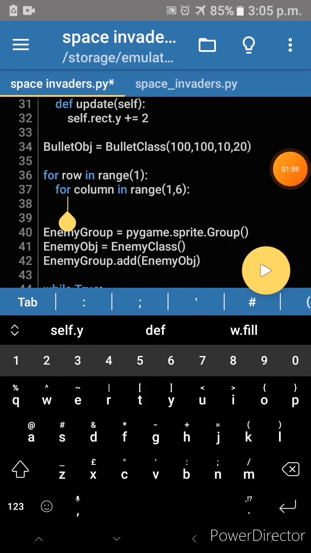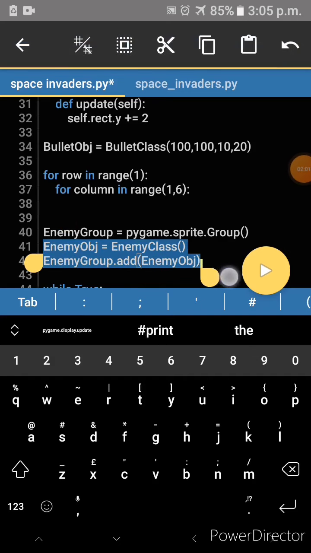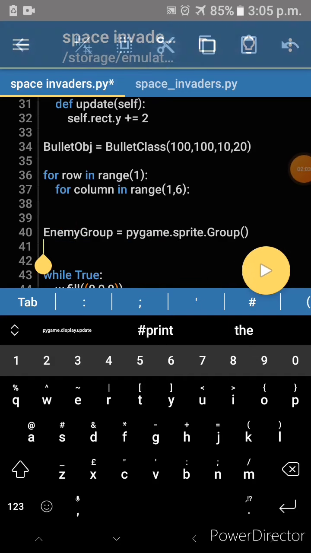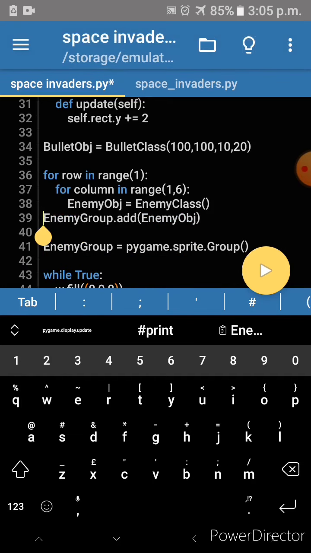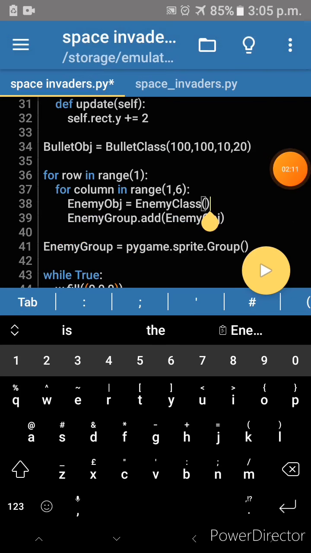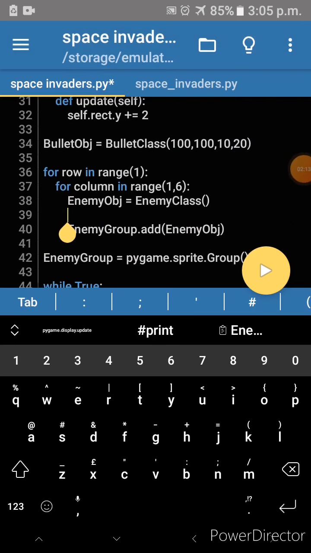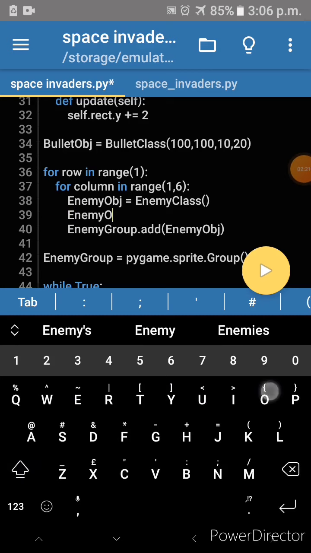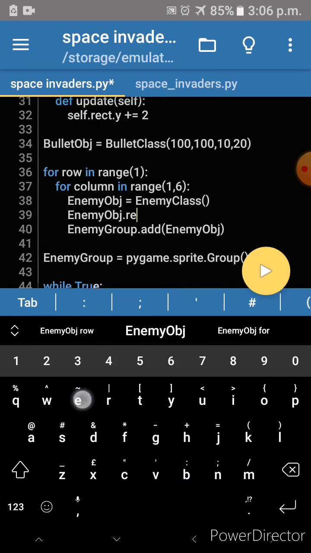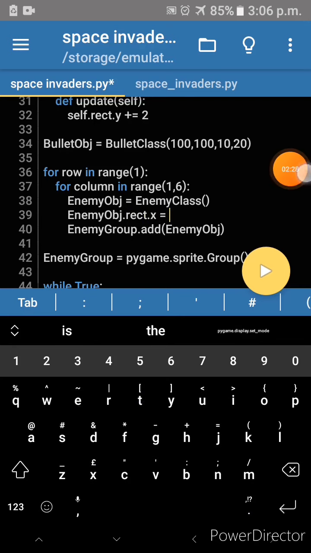We will copy this, or we cut it and paste here, indent it, and for each enemy we will give enemy object dot rect dot x equal to 200 plus 50 into column.